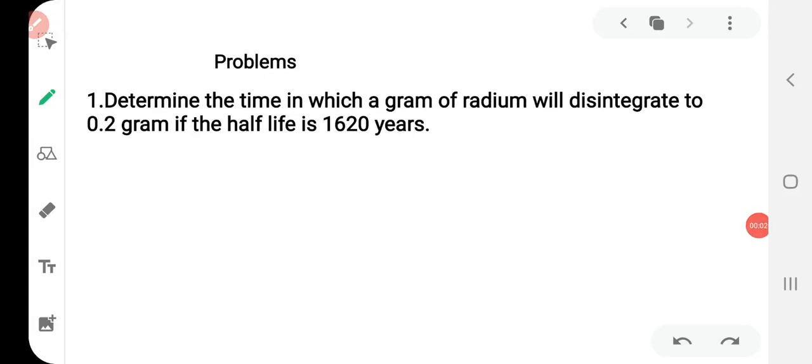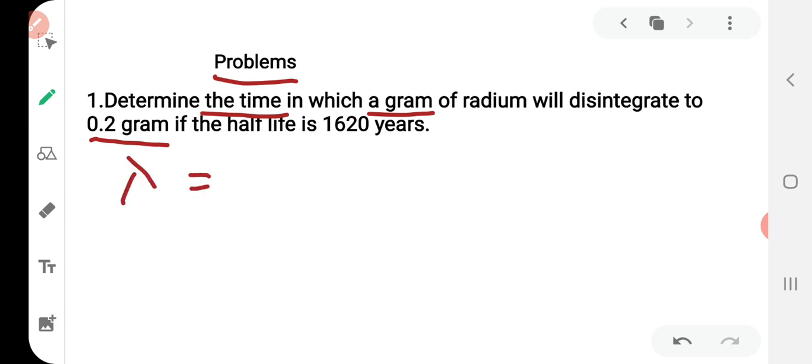Hello students, now let us do some problems in radioactivity. The first question is, determine the time in which a gram of radium will disintegrate to 0.2 gram if the half-life is 1620 years. So the formulas we have known are